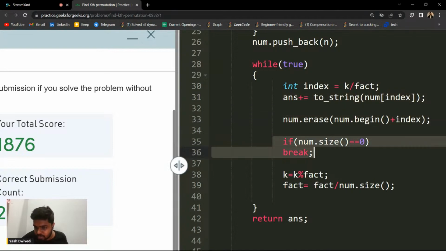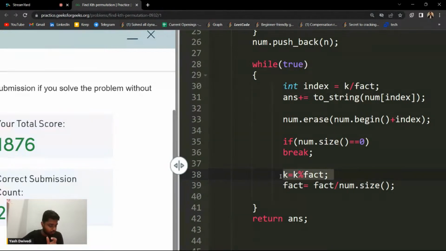If the array size becomes 0, then you will break. Otherwise, you will get the remaining part. How will you solve the remaining part? For that, you need to use k is equal to k modulo factorial. That is how you are going to get the permutation that you require for the rest of the elements, right? So you want the second permutation, or whatever permutation you get by doing the factorial